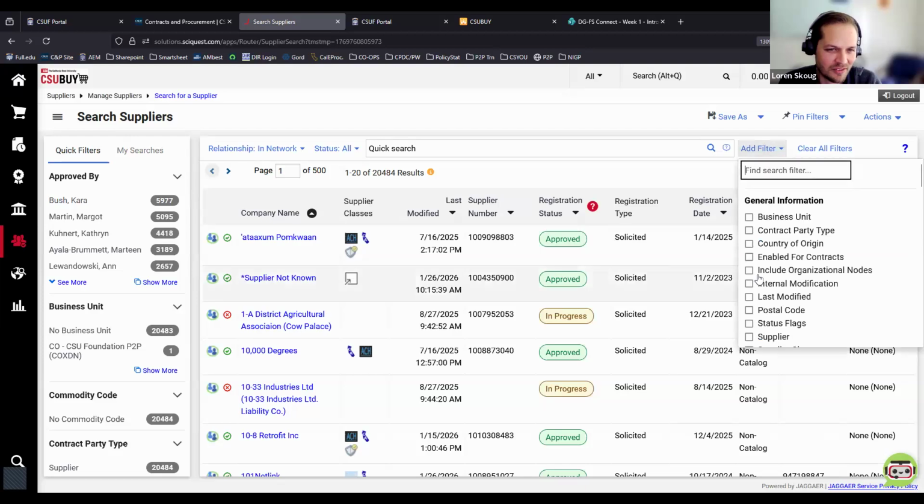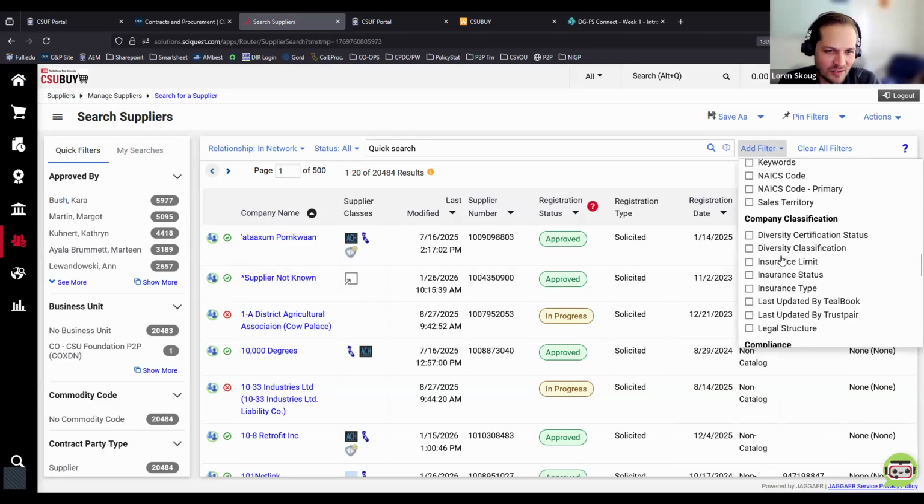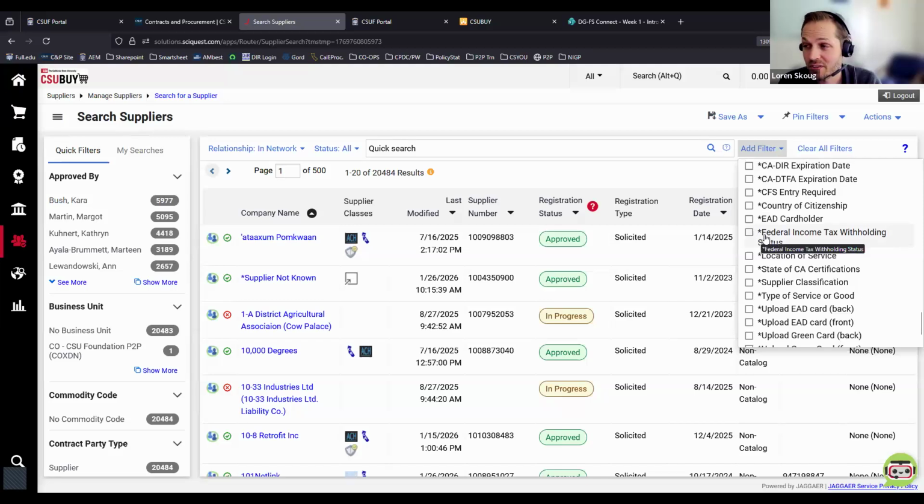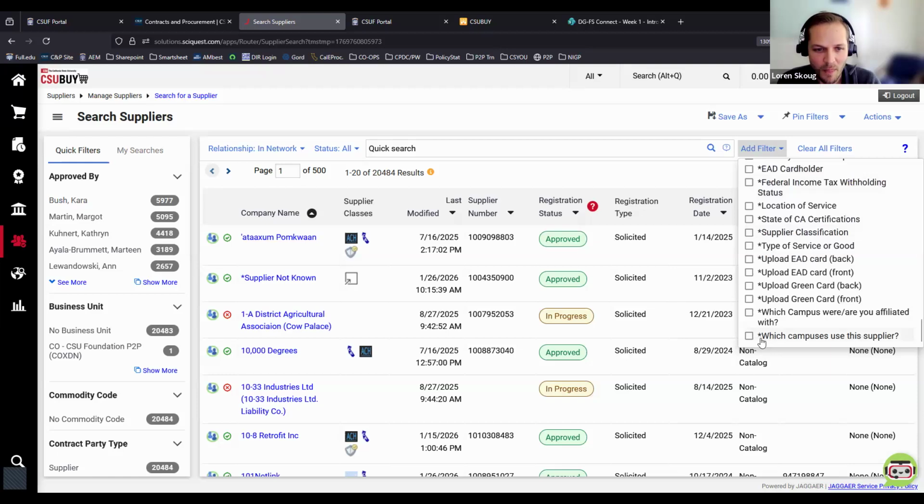Okay, so I'm going to click add filter, scroll all the way down. Remember these asterisk ones are specific to the CSU. They're custom fields that Jaggaer created for our purposes. This one right here: which campuses will use a supplier? You would check that, and then it will narrow it down